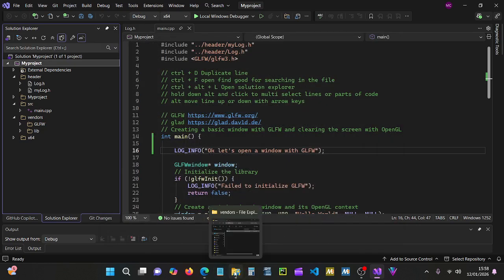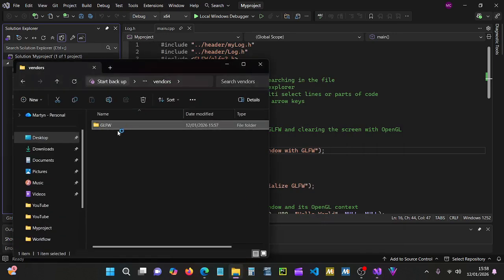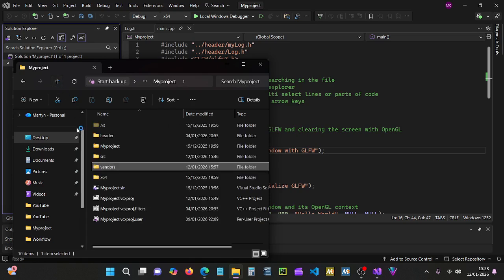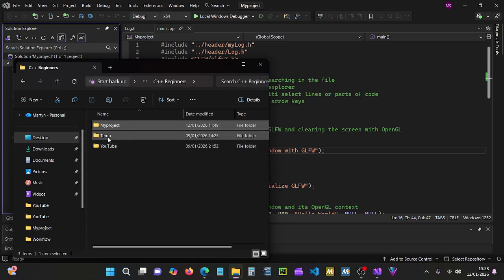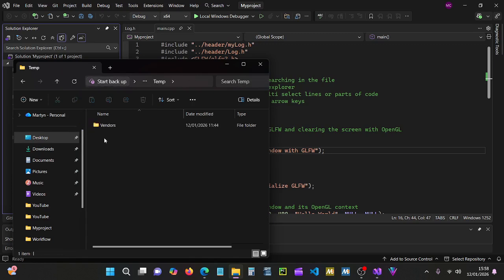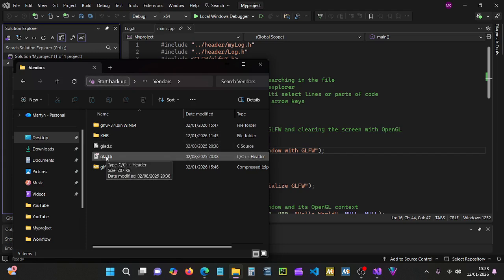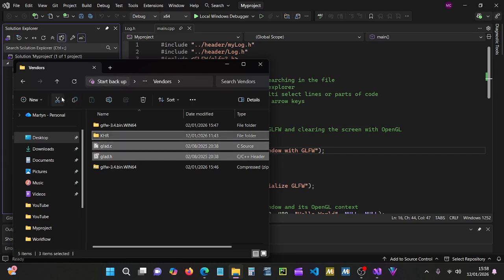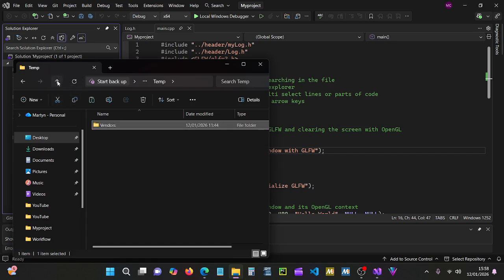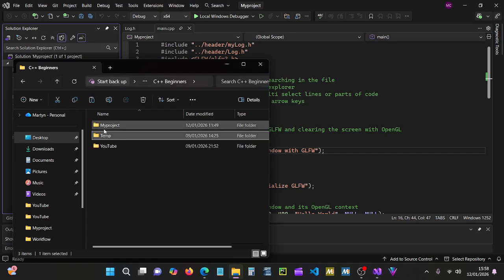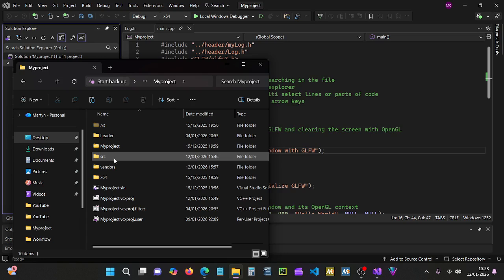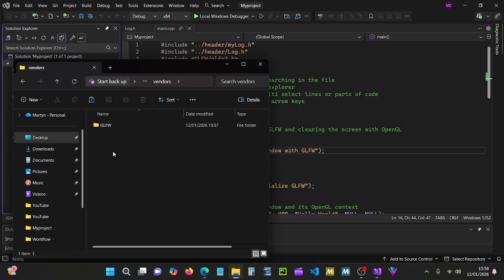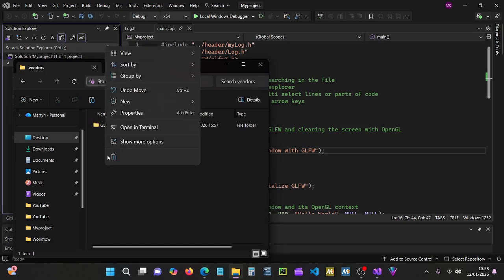The next thing we need to do, we need to go up one here and up again. I've downloaded Glad, so we want these 3 files. We'll copy them, no, not cut them, copy them. We'll go up again, and into my project, into vendors, and we'll paste that in here,